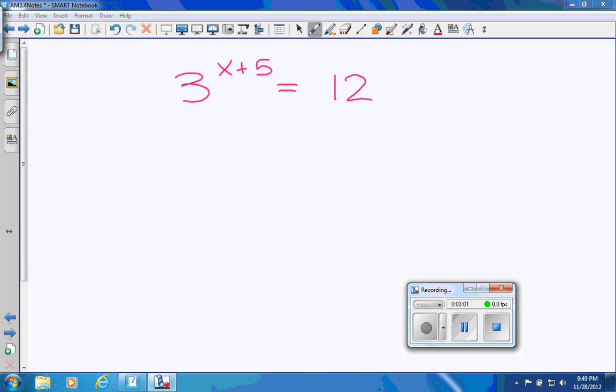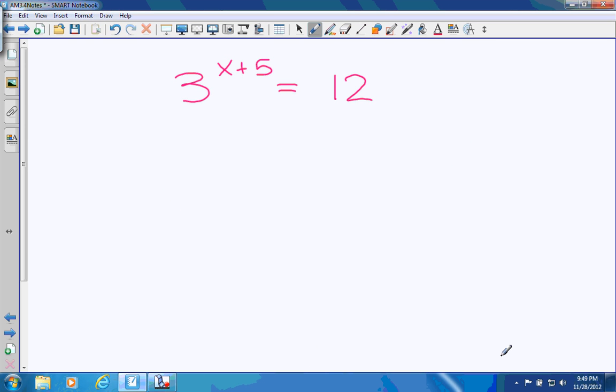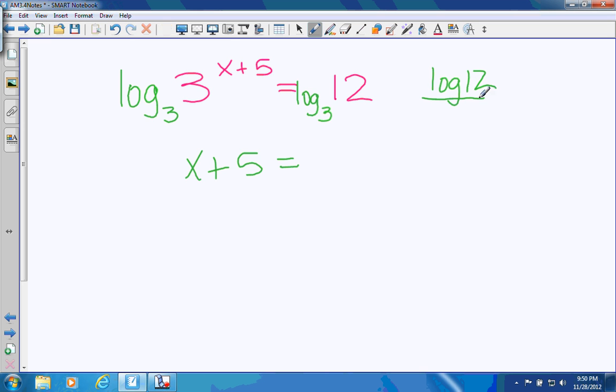Alright, so our next example is 3 to the x plus 5 equals 12. In this case, there is no way to write 12 as a base of 3. Well, there is, but it would be very difficult to figure out. So instead, you would just want to use the other method and take log base 3 of both sides. And then this turns into 1, so 1 times x plus 5 is x plus 5. And then using your properties of logarithms, you would take the change of base property, log of 12 divided by log of 3,